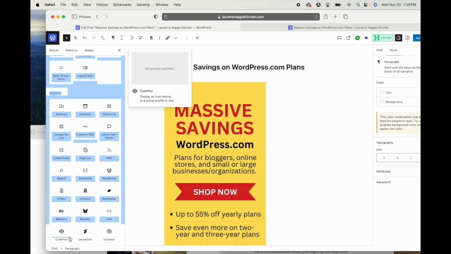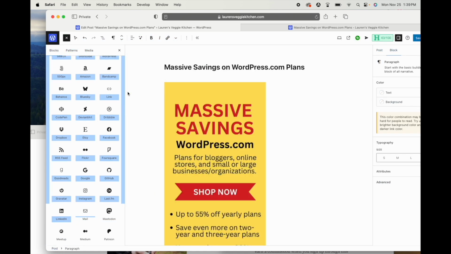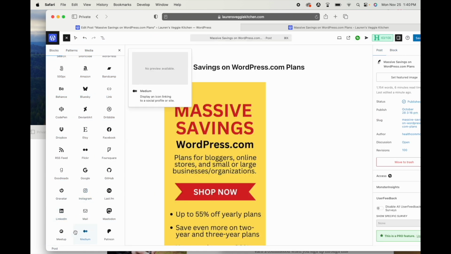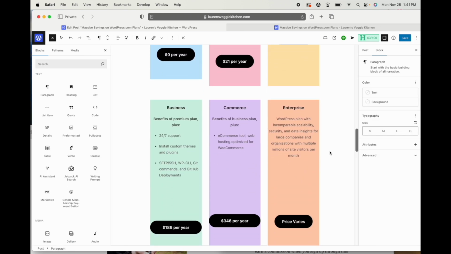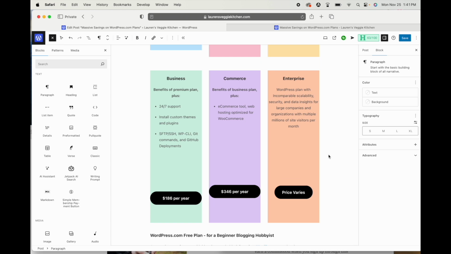Going over here and looking at all the blocks and familiarizing yourself with these is a really good first thing to do. So this is really good too, because I was working on a post that is talking